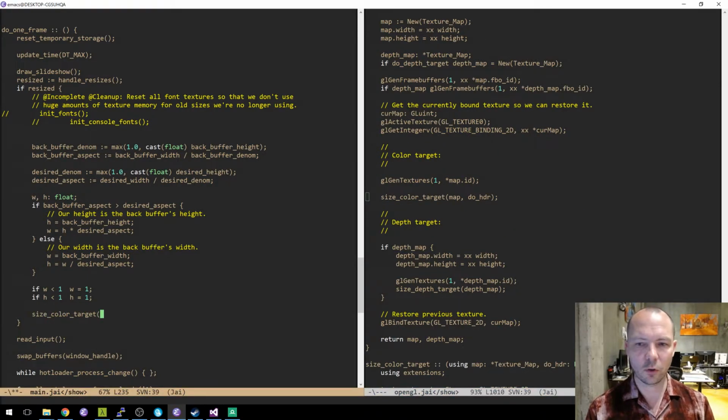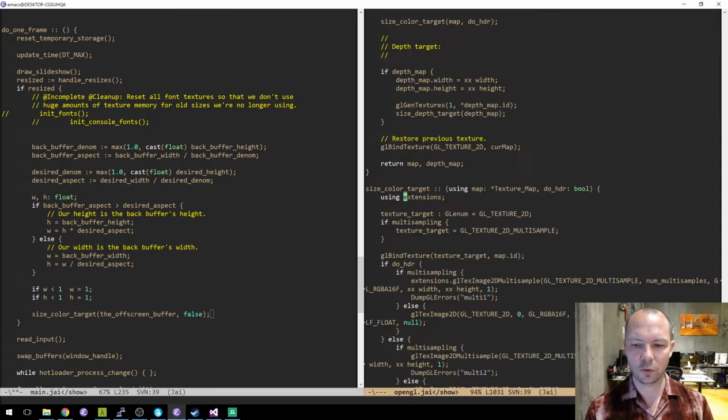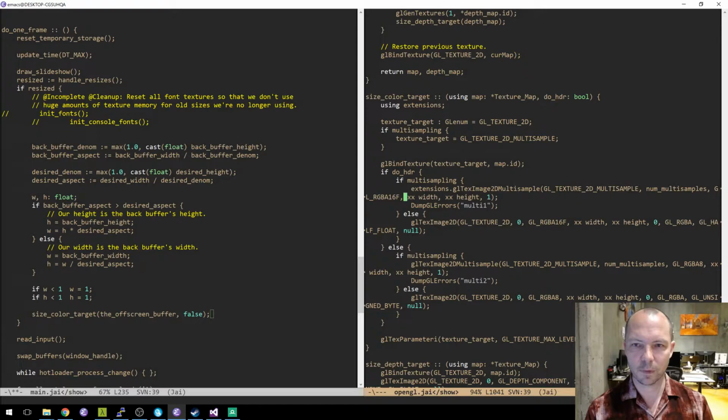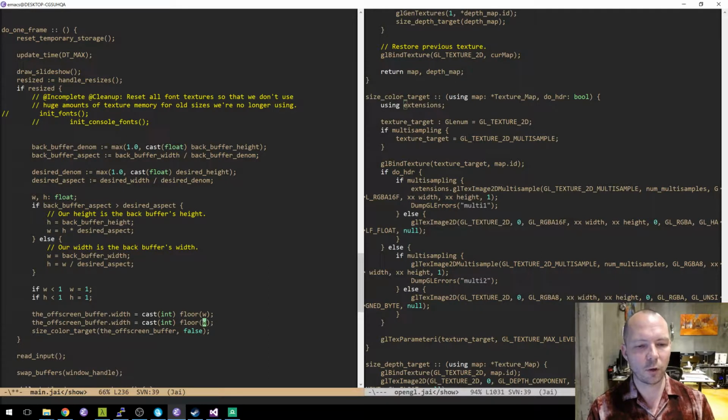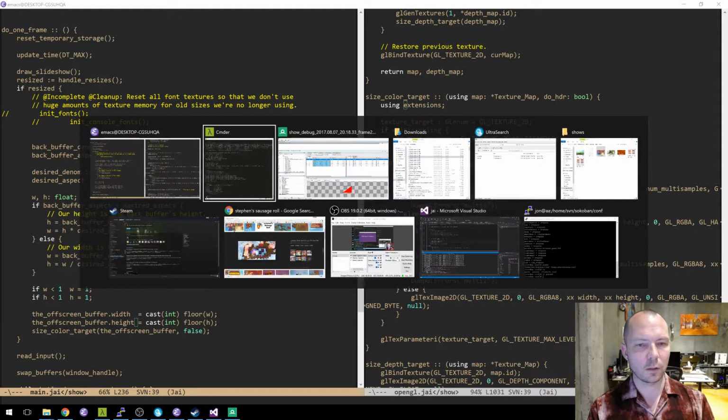Size color target, the off-screen buffer, where the width and height are coming from the texture map. So the off-screen buffer dot width is cast to int, I guess, floor W. It might be sine 32. Height.